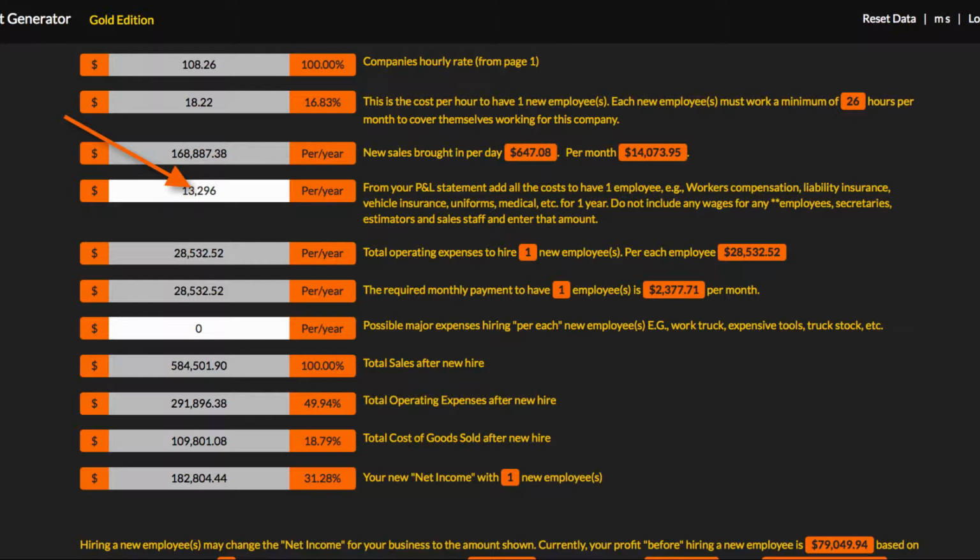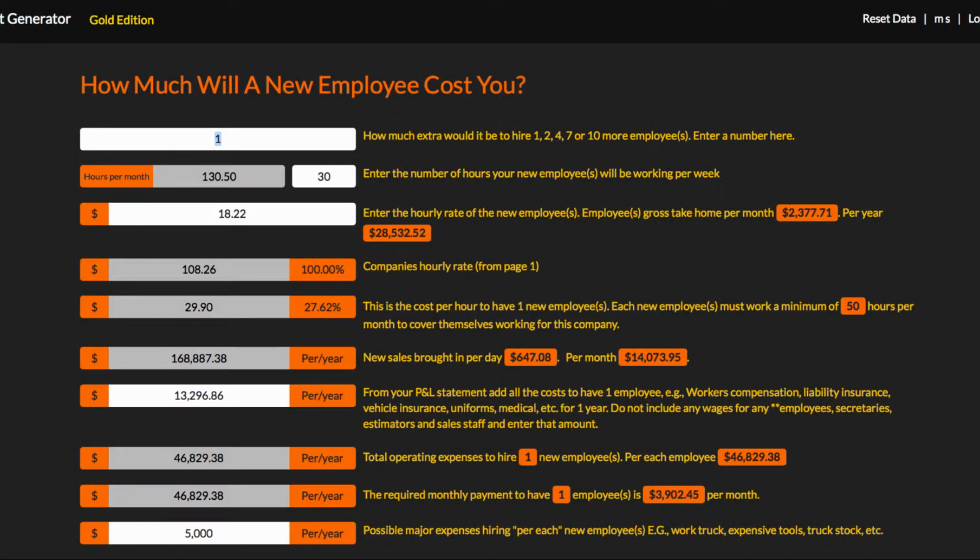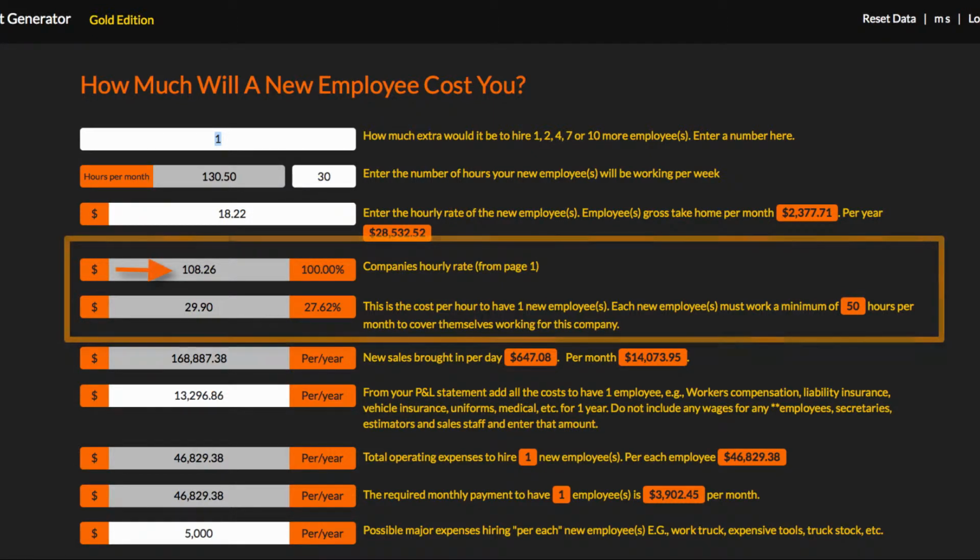The last entry we need to make is for any possible major expenses for hiring new employees, tools, machinery, or a new truck, whatever. This is a number you're just going to have to estimate. I'm going to enter $5,000 as a rough estimate. This is where the fun part begins. We can now go back up here to our company's hourly rate. As you can see, it's going to cost us $29.90 per hour out of our company's hourly rate to have